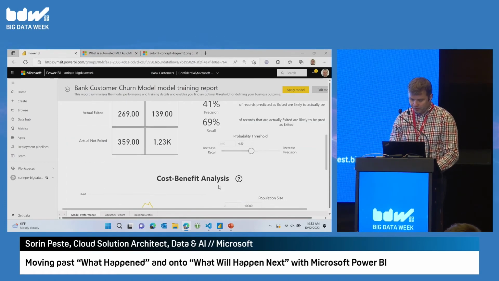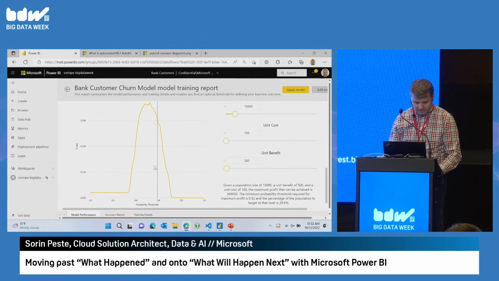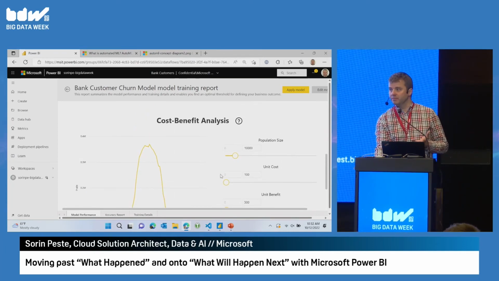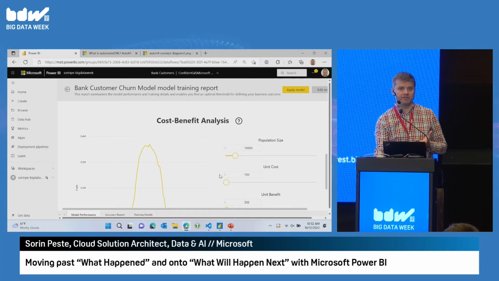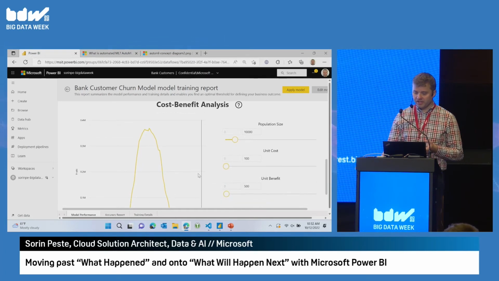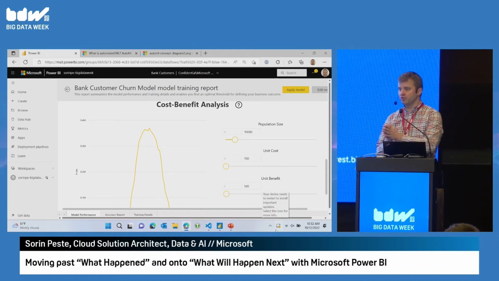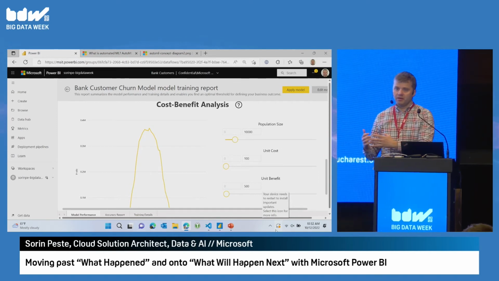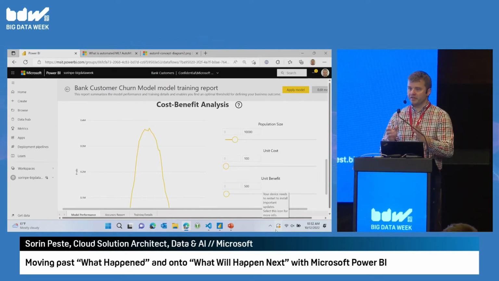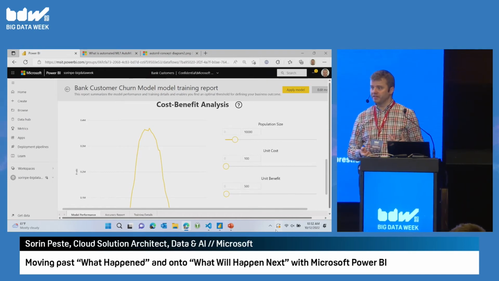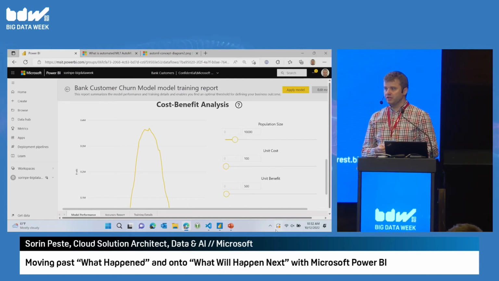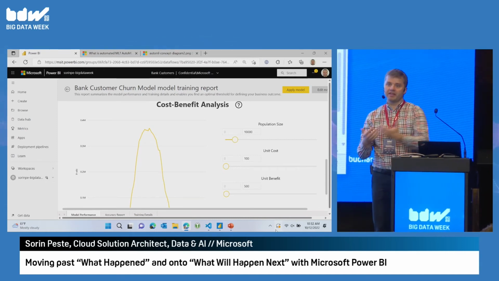I also want to take a minute to look at the cost-benefit analysis, which is maybe more useful for a business user. Essentially, what this is trying to help you figure out is which customers you should target, so it helps toward the "what should I do" question, the last question. Because everything that you do as a result of such a model will have a cost to your business. If I say that this particular person is likely to churn, let's go and offer them something. That has a cost for me.